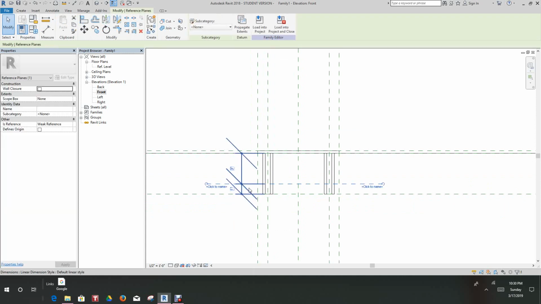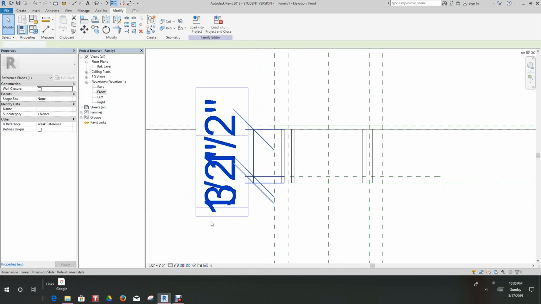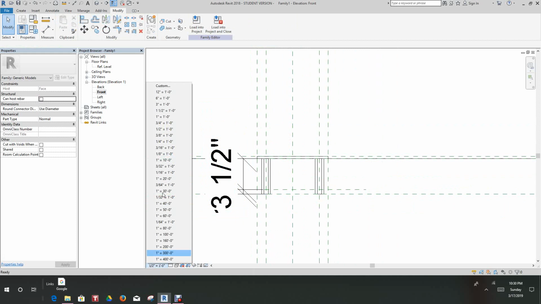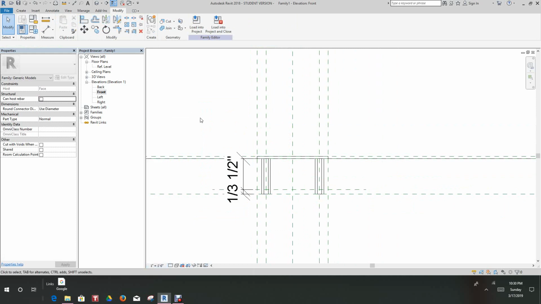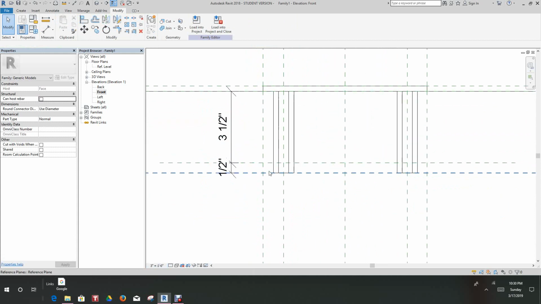We'll select this. We'll make this 1/2 inch. Okay, let's make this a little bigger so we can see what's going on here. Now what we want to do from this point is align the top of our bolt head